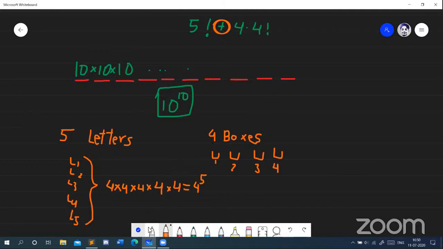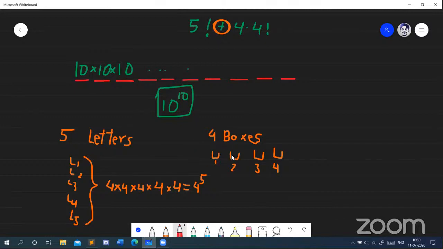And I'm pretty sure that some people would think about the answer as 5 to the 4, right? So let's try to analyze that argument. One could say that the answer is 5 to the 4, and trust me, it's wrong, but I'll try to explain why. If you say that this box has 5 choices, and this box has 5 choices, and this box has 5 choices, and this box has 5 choices, so 5 choices times 4 equals 5 to the 4. Then I'm going to say that this box does not have 5 choices, and even if you said it does,